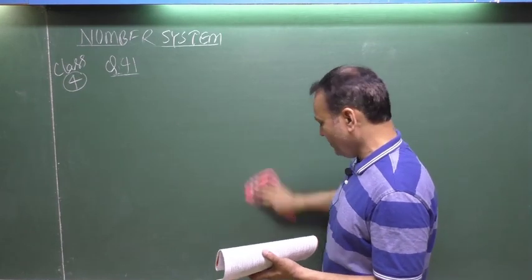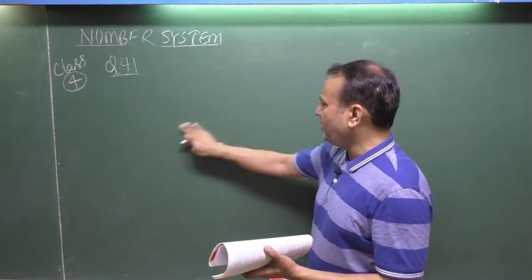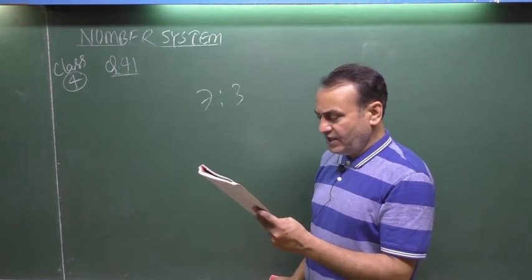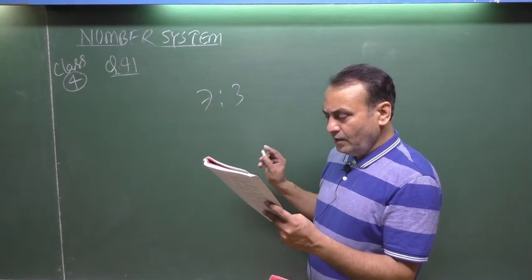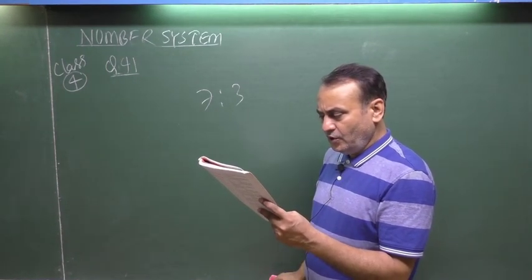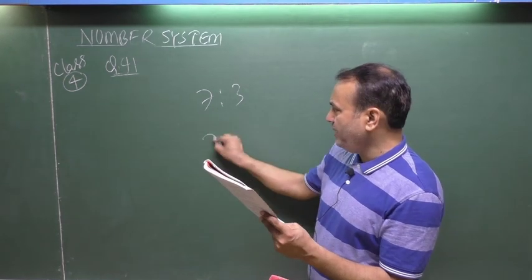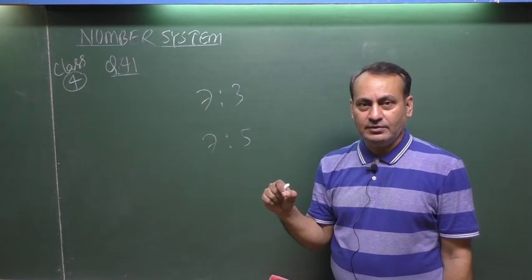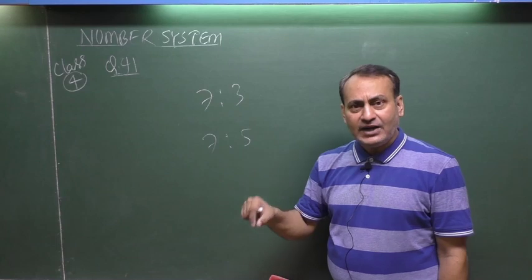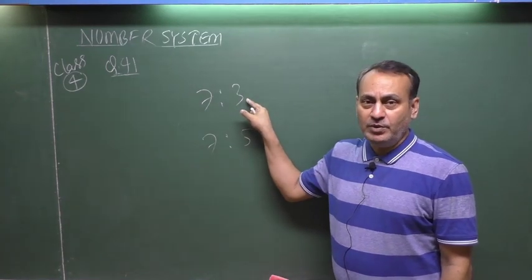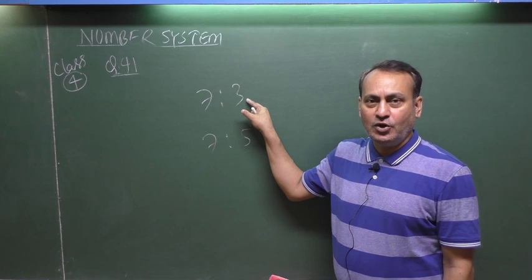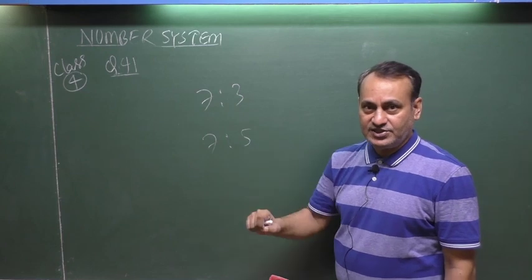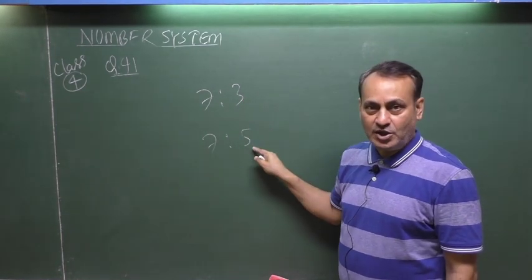See here. Now what trick must be applied here? Two numbers were in the ratio 7:3. The sum total was 80. What number must be added to the smaller to make the ratio 7:5? That means since you are going to add something, unknown to you still, to the smaller number, the ratio will change certainly. That means units will change here, and it is changed. See here, this was 3, this is now 5.